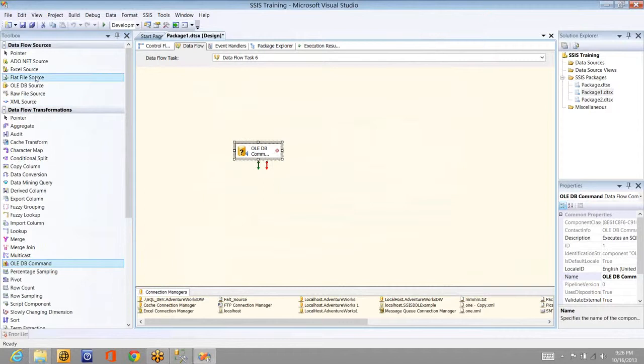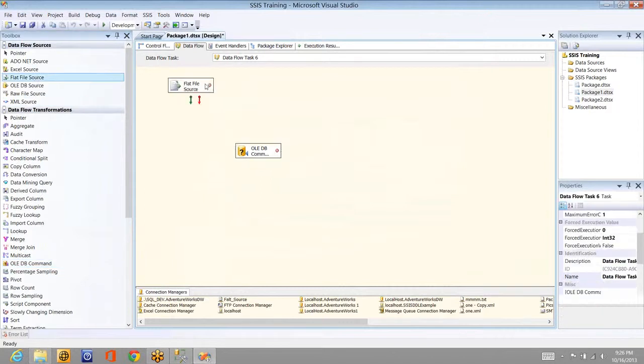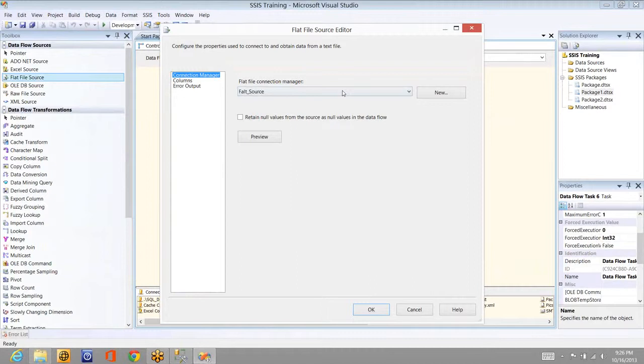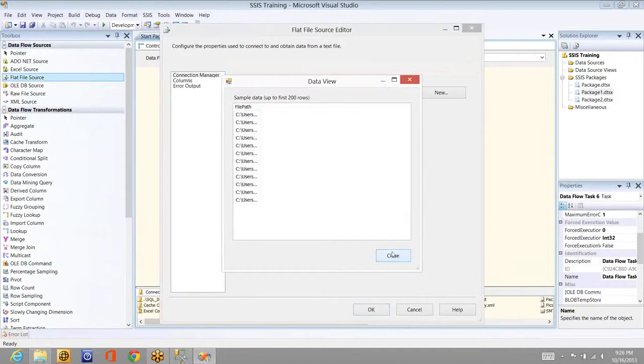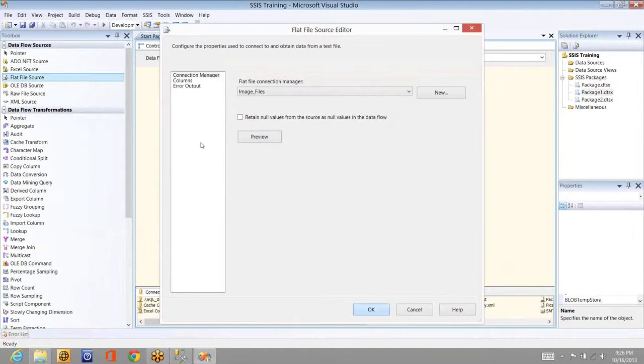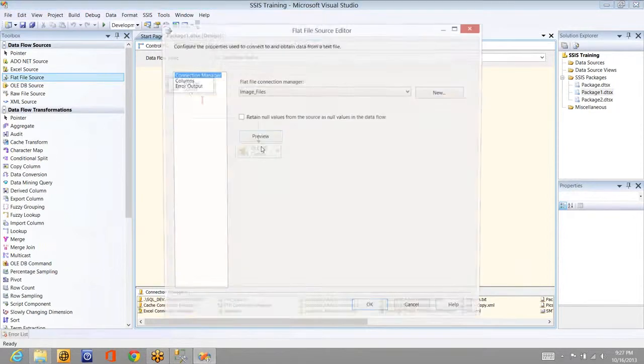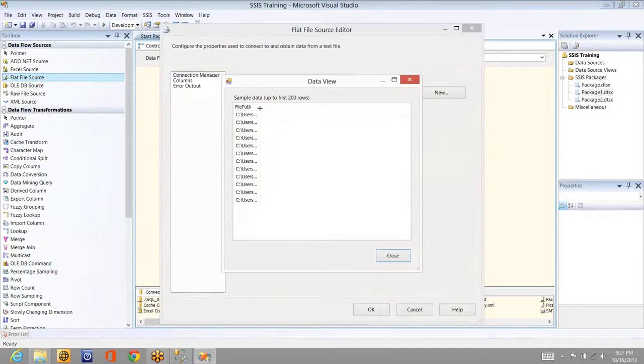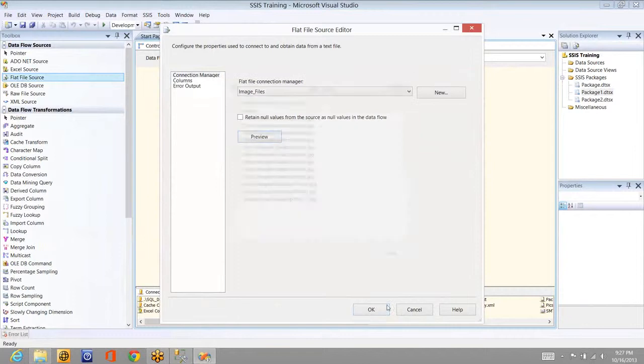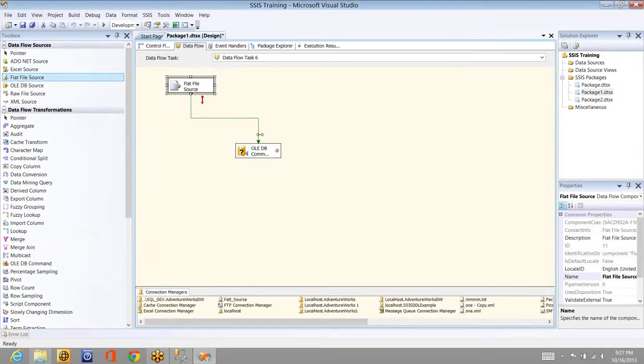For example, let me connect to the flat file, and I'm getting the images, the same connection, and let me see the preview, and I'm getting all the file paths. So what I'm going to do here is I'm going to give the connection to this. So now I have 12 records in this flat file source, right? If you see the preview, I can see 12 records, 1.jpg, 2.jpg, and so on till 12.jpg. So for every record, this will be executed. Let's say 1 million records are there, so 1 million times it executed.